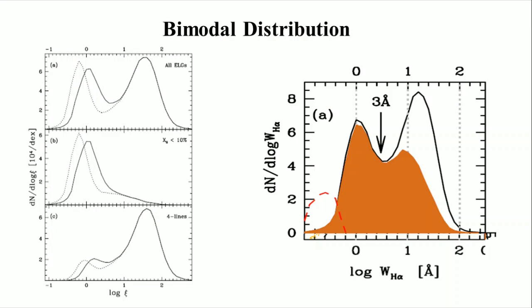It is the opposite for C, where we look at the sources which have all the four lines, which means a harder ionizing spectrum is there. That's why we are able to see four lines. And we solve this bimodality, and we see that this bimodality comes about at 3 angstrom. In the paper they have justified this 3 angstrom, and they did different experiments to fix this value, and most of them are around 3 angstrom. So the authors fixed 3 angstrom to differentiate between